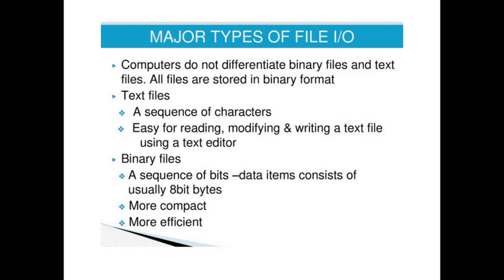What happens is, suppose I am just going to store a single integer of 4 bytes having a value of 40. Then it will store 40 in the binary form in the binary file, and whenever I read it as an integer, the whole 4 bytes are read at once. So that's why it is more efficient.